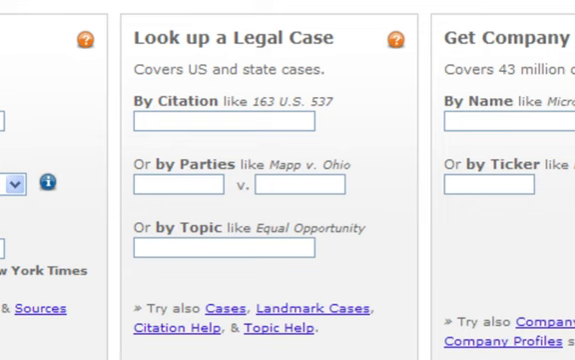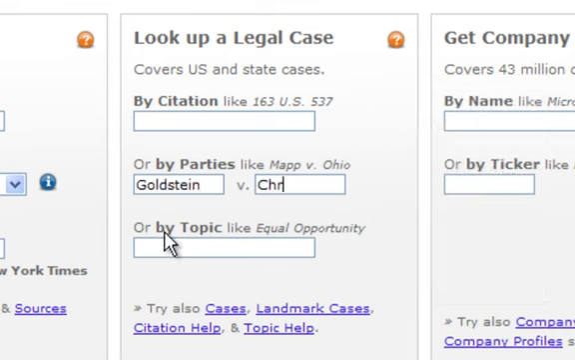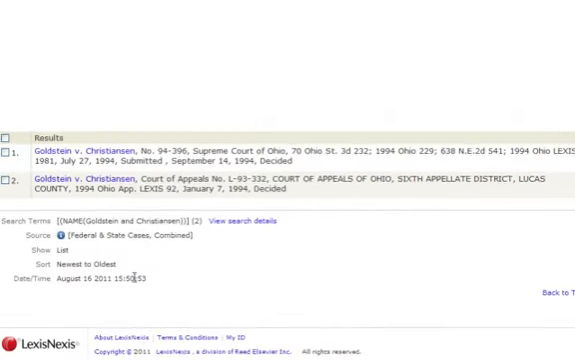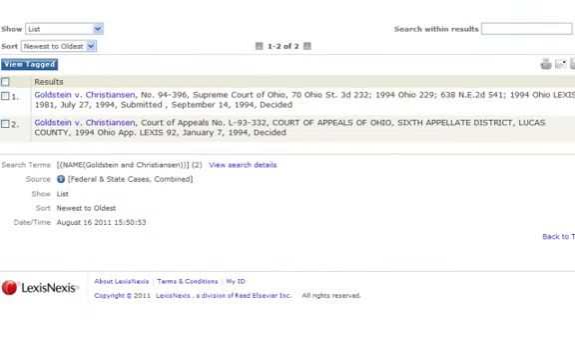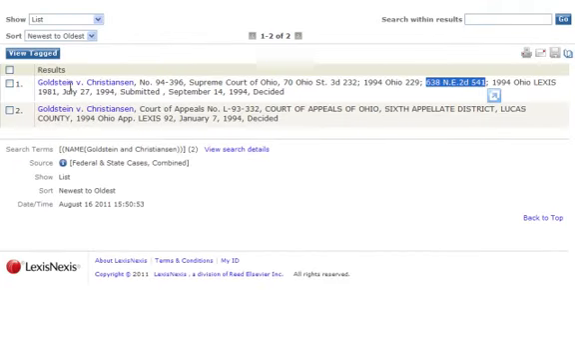For instance, if you know that you want to look up Goldstein versus Christensen, 638 Northeast, 2nd District, 541, Ohio, you could enter Goldstein and Christensen into the boxes and then hit go. You'll see that you get a few options, and by looking for your citation, 638 Northeast, 2nd District, 541, you can see this one's the right version, and you can click on the correct